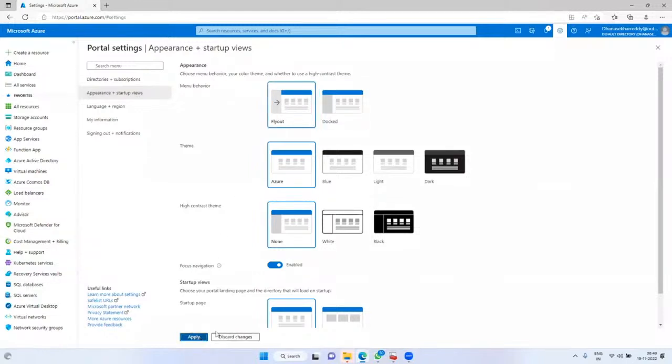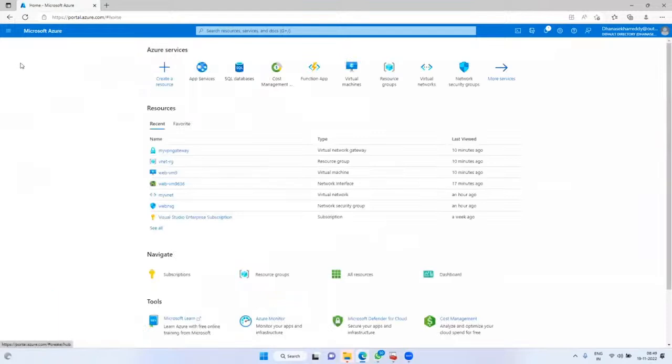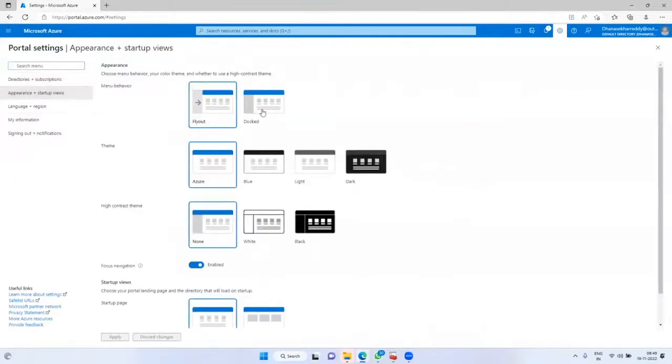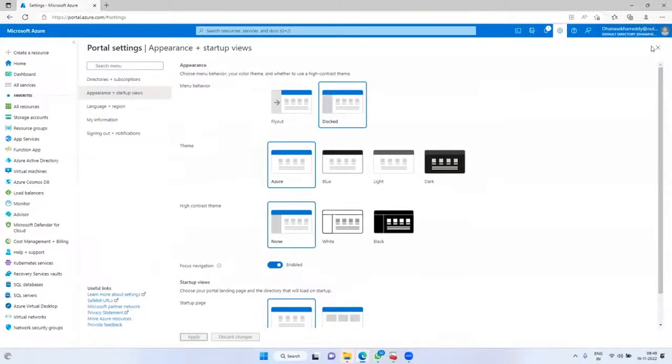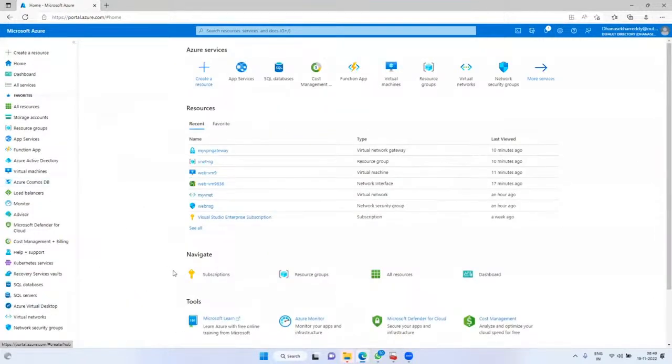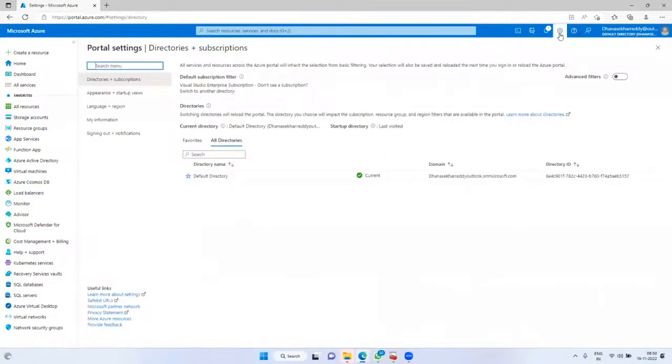When you click on flyout, see, immediately the left side menu is gone. Yes or no? To make it available again, click on appearance, docked, and apply it. Got it? Clear, guys? Yes, sir.